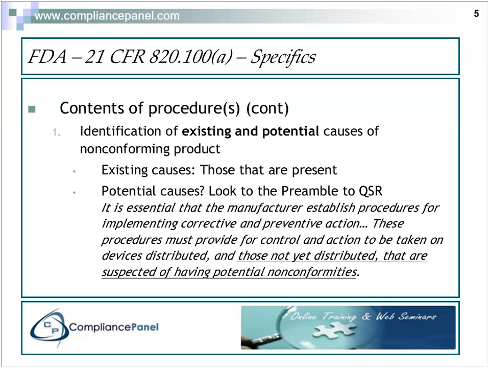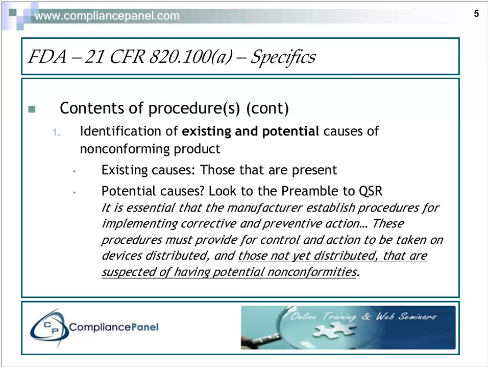When it comes to potential causes, what I advise people to do is look at the very valuable preamble to the quality system regulation. If you have never read it and you're in compliance or QA or even production, it's something you need to read. It's not very long, well, from my perspective, because I read regulations for a living, but it's very valuable because it presents the intent of the generators of the regulation. Good example is with regard to what the heck are potential causes, and I'm going to read, I usually don't do this in my presentation, certain areas.